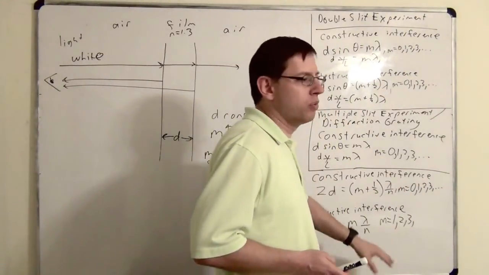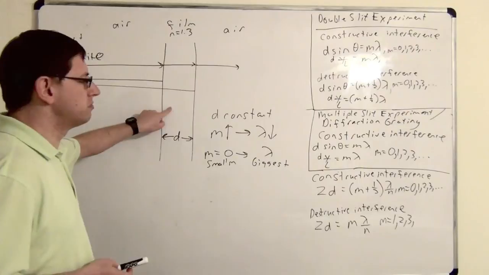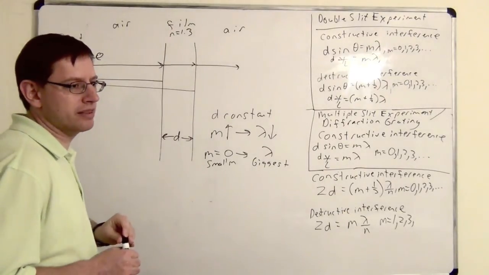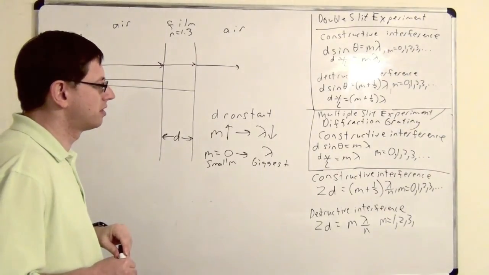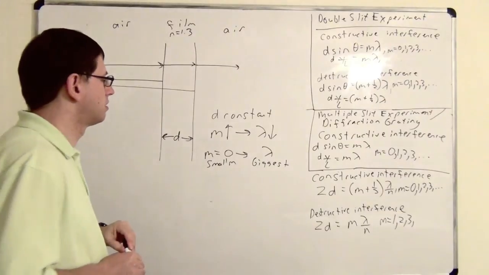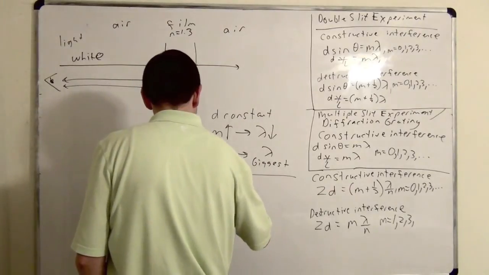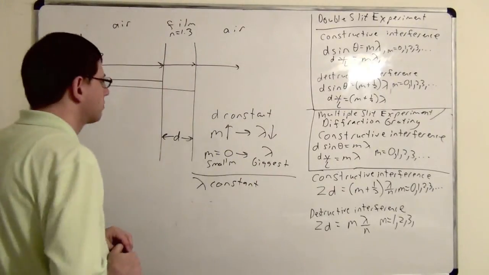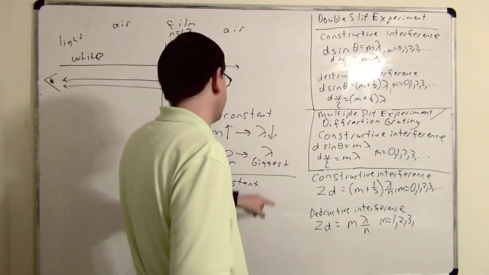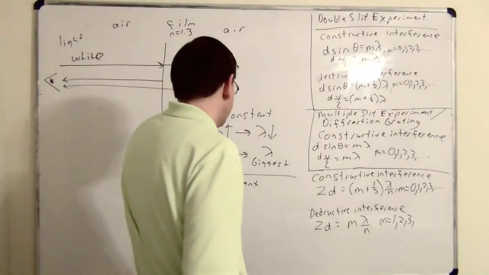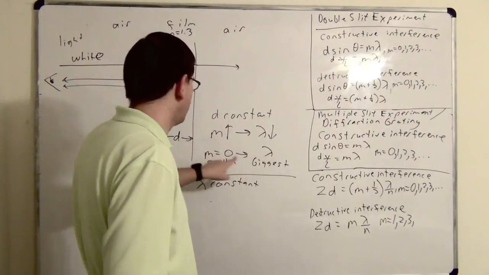Or let's say that we were using only one wavelength, and you wanted to find the smallest film that would have constructive interference for that wavelength. How would you find the smallest film that has constructive interference for one wavelength? Smallest film, so that would have the smallest m. So what would you plug in for m? 0. So notice, trying to find the biggest wavelength is similar to trying to find the biggest d. So here I was saying, what do you do in a problem where you're supposed to hold d constant and make lambda big? You put in a small m.